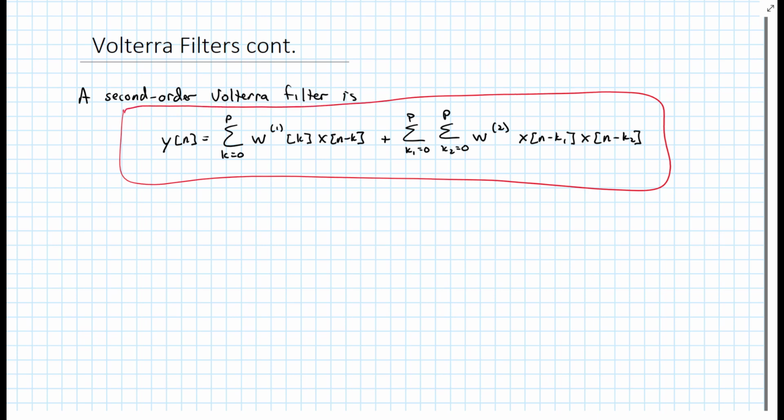So in this case we have p squared plus p, or (p plus 1) squared plus p plus 1 total terms in our filter, and you can see it exploded quite quickly. If we were to go to a third order filter, that would be even more significant. So for example,